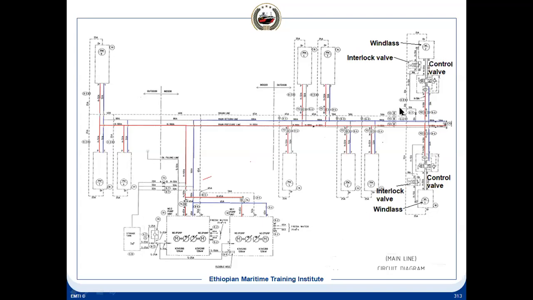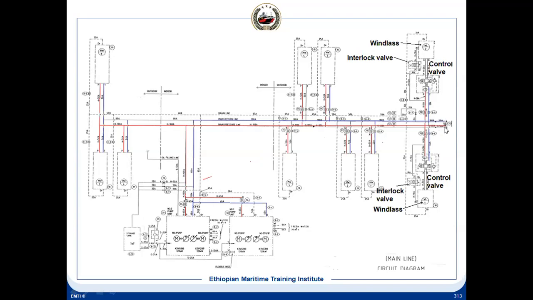So in this case, what will happen? This line, if you see, is a ring line. Yes, the hydraulic system on deck will be a ring line. Ring line means the pressure line is going this way, and there is a valve which is connecting both the lines. A return line is coming back to the power pack.